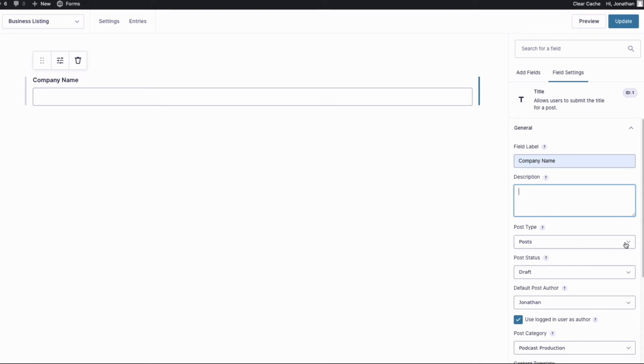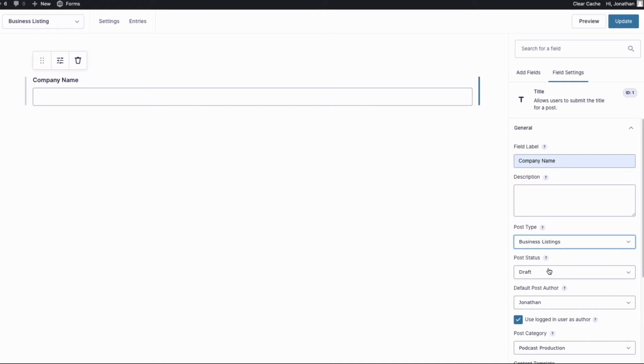So I need to select the custom post type we created earlier called Business Listings, like so. Now leave the post status to draft, as that way you'll be able to moderate any submitted forms and edit them before they go live.